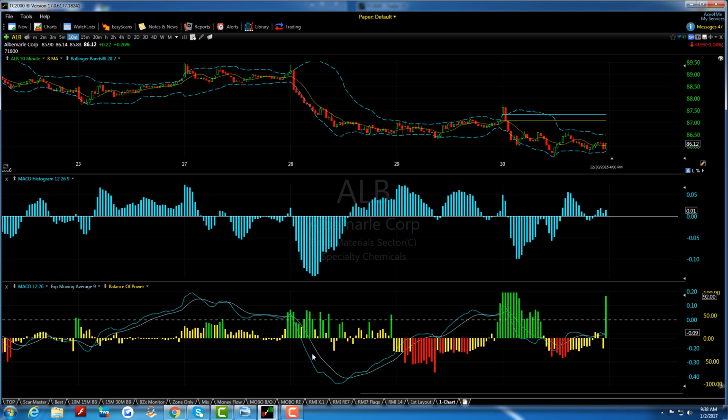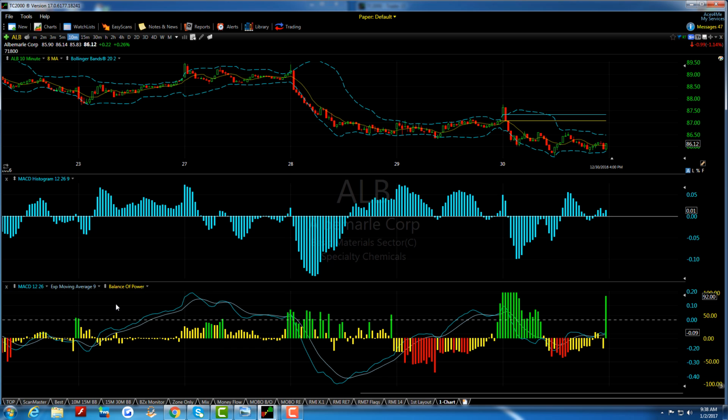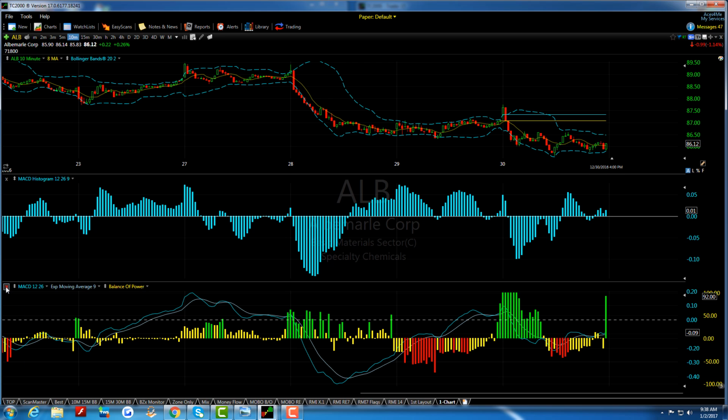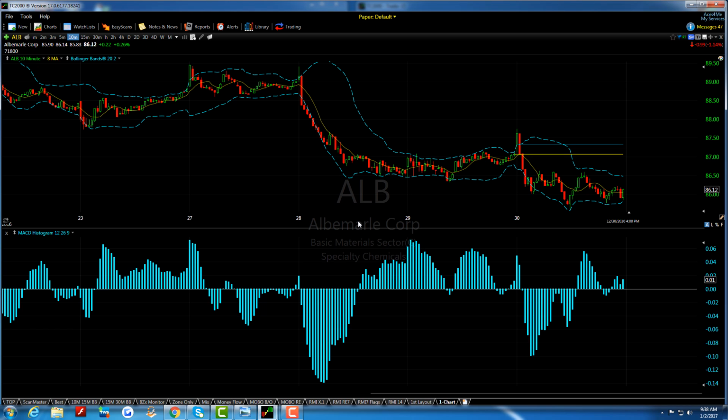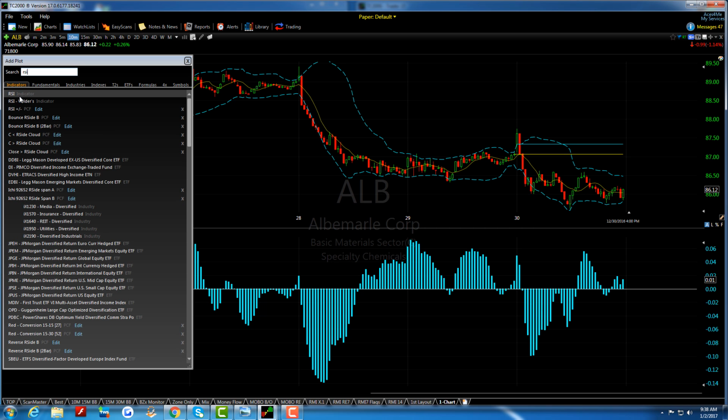Now you can remove this, you can remove this, or if you click this X, they're all going away. They're gone. And then you can save again if you needed to. I'm going to go ahead and add the RSI. You got a Wilder's and a regular. Just put the normal RSI,